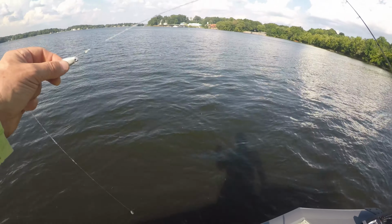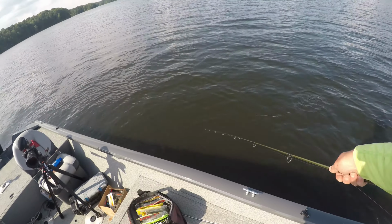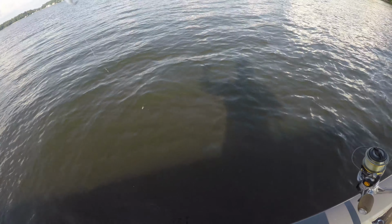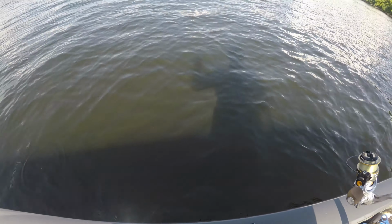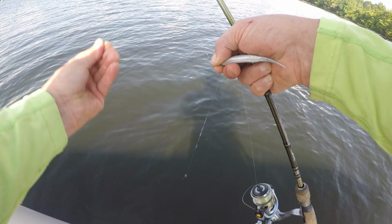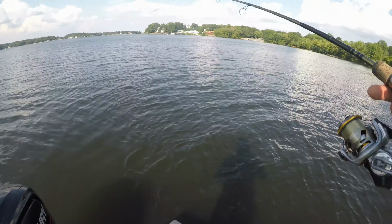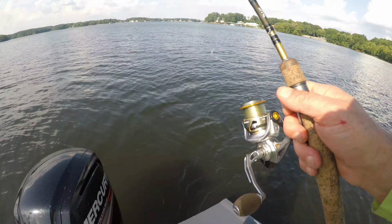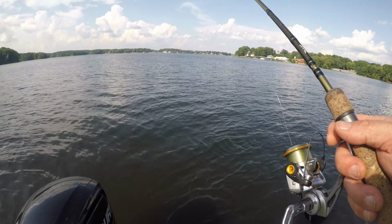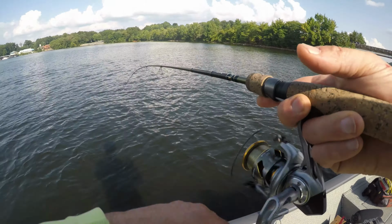See that right there? See all that slime? It's catfish. All right, well, that explains that. That's how you know you got a catfish, when you see all this slime on here. It's probably big too. That didn't take long. All right, well,